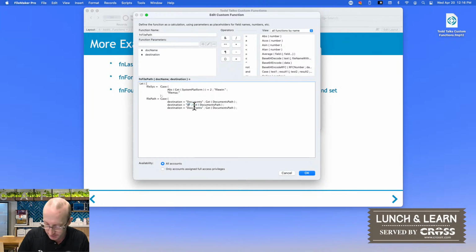All right, so if this is desktop, so we have that, and then of course our default value here is going to be the